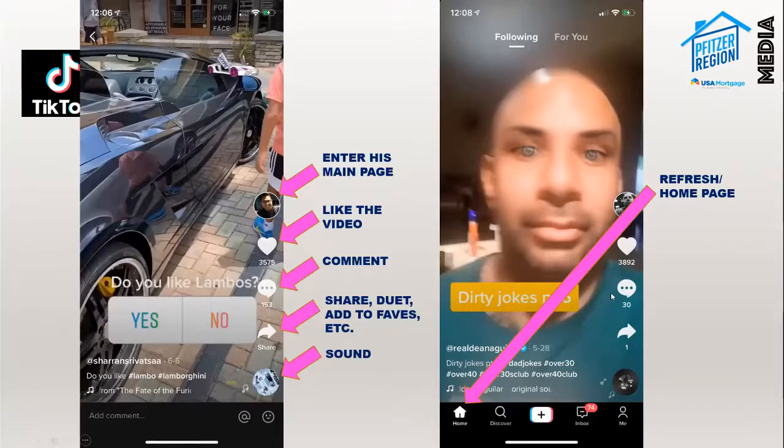Nothing complicated there. The Discover button is simply that. It's a search tool. You can go find people. You can go find sound. You can go search videos. This is where hashtags come into play. Hashtagging is critically important on TikTok, unlike Facebook. Very important, just like Instagram, where if you're searching for something that's trending, or you watched a video and you want to go back later and show your spouse, this is where you would type something in to search for that video. That's also why it's important to hashtag your videos, which I'll go a little bit deeper on in a minute, to hashtag your videos with relevant words that describe what your video is about.